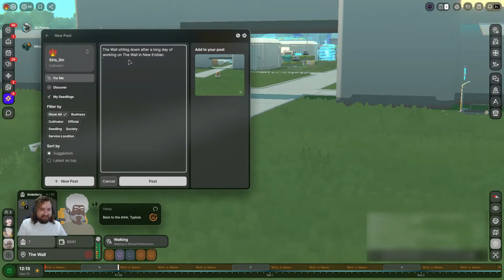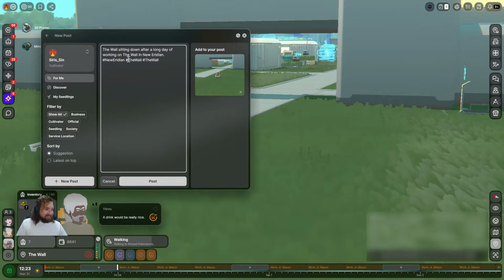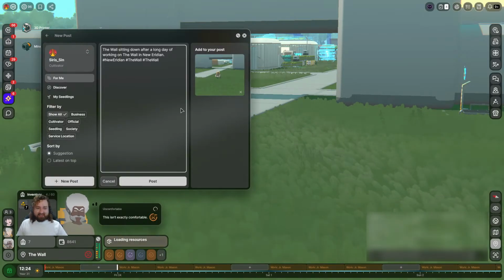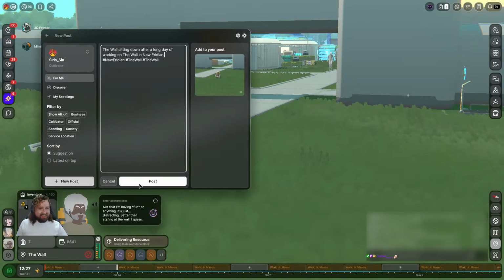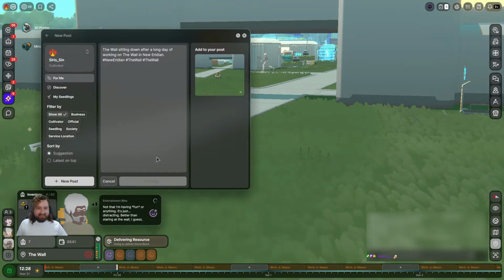Gotta put in some hashtags too, right? Hashtag the wall, and then we got a hashtag again, the wall. How we looking there? You'll like that? Can't add anything, unfortunately. Yeah, I think it works.